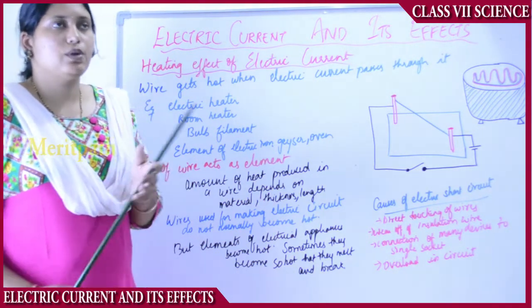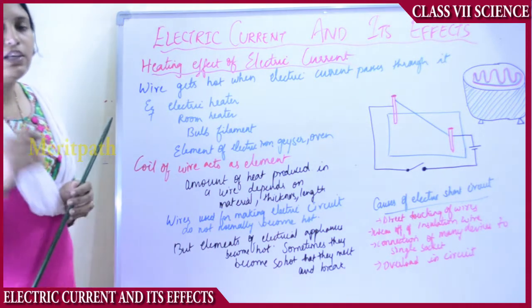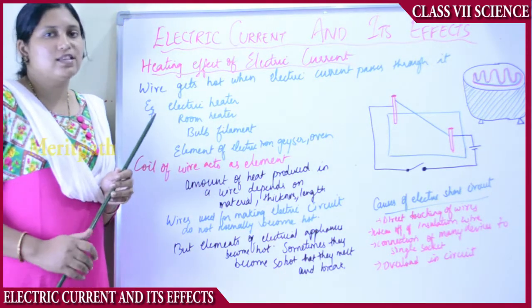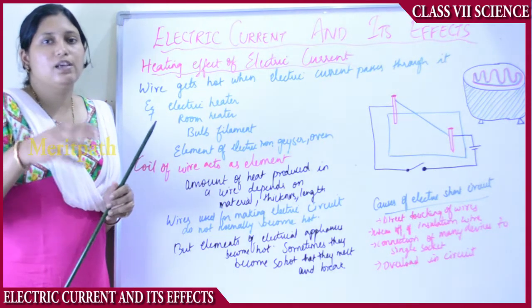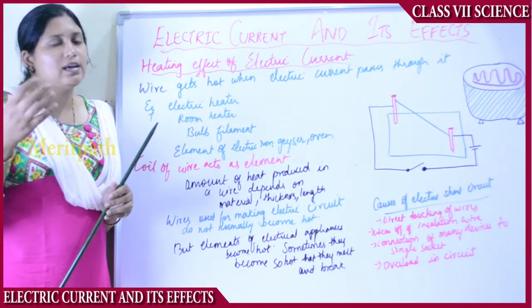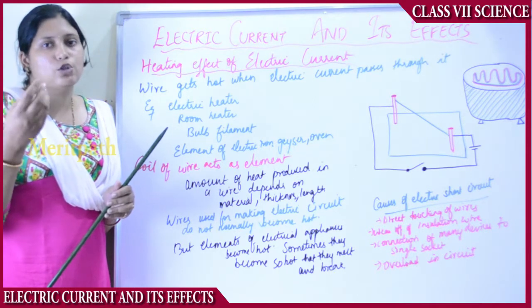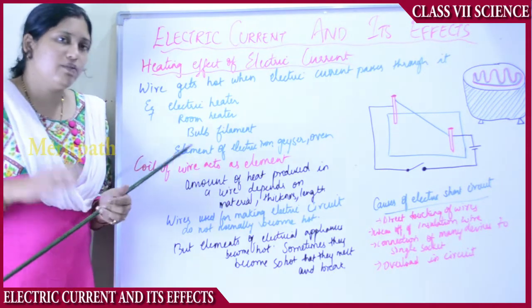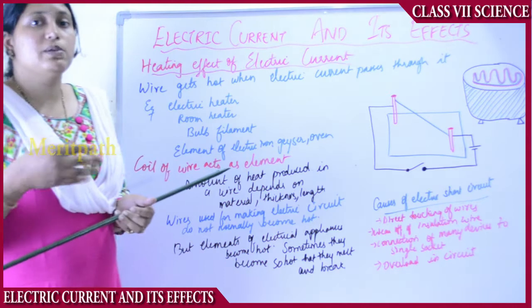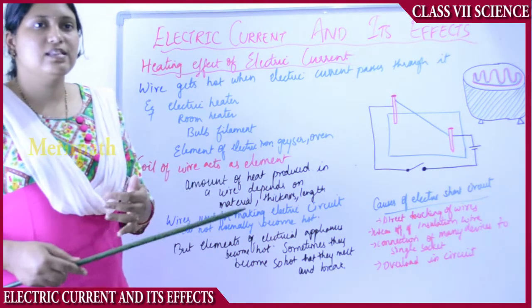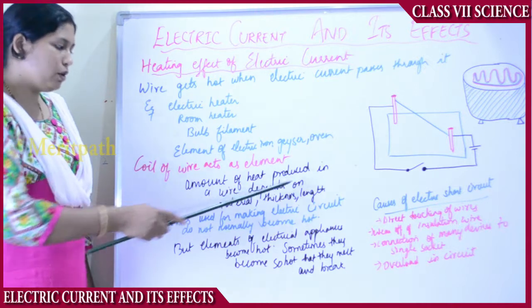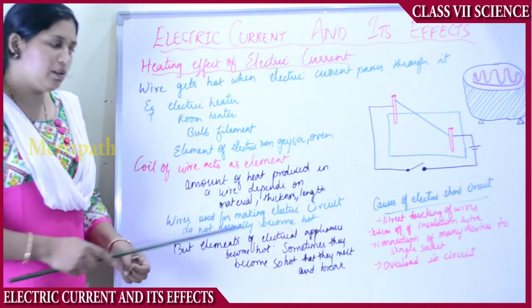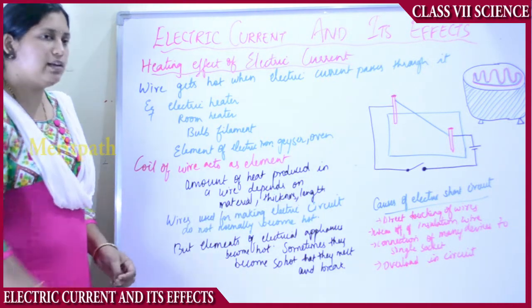As soon as we switch on the bulb, there will be a thin strand of wire inside known as the filament. That filament gets heated so much that it produces color also, reddish yellowish color. So when we touch the bulb, we cannot touch it, it will be so hot. All this is nothing but the heating effect of current. The amount of heat produced in a wire depends on the material, thickness as well as the length.